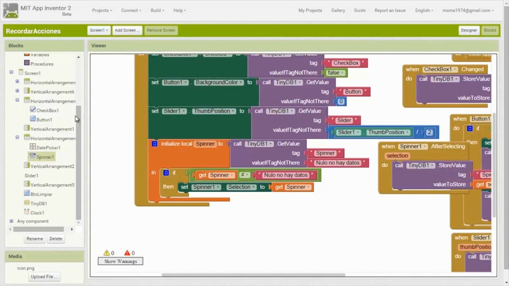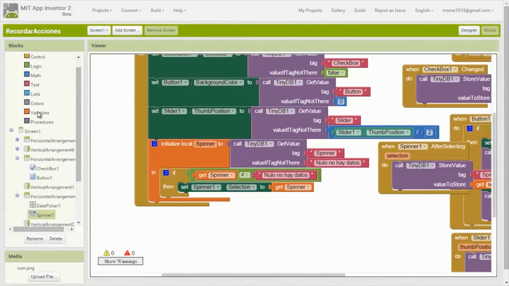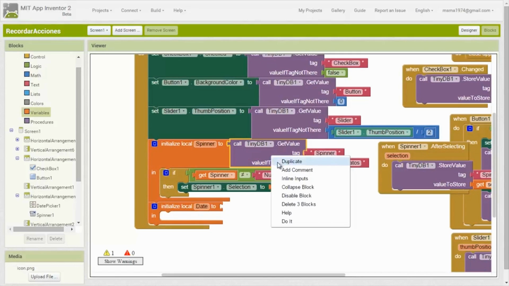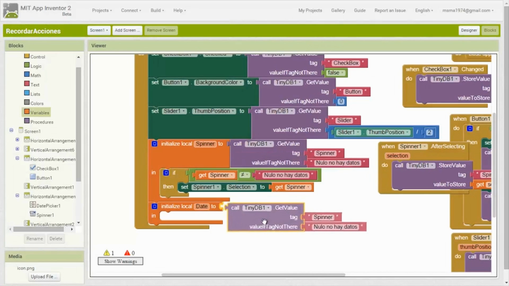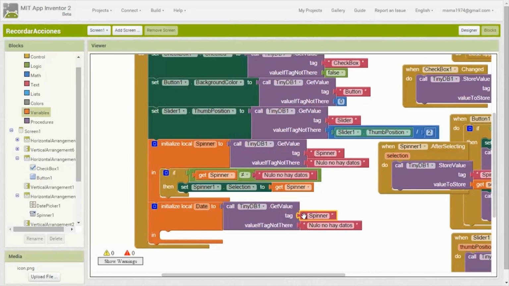So first we create a local variable. It will be called date. It will have the GetValue. The tag is going to be DatePicker,